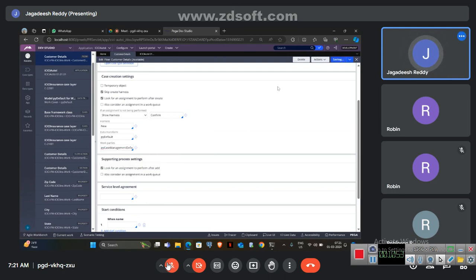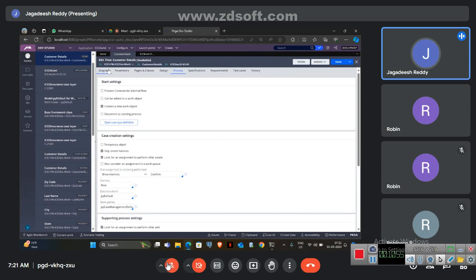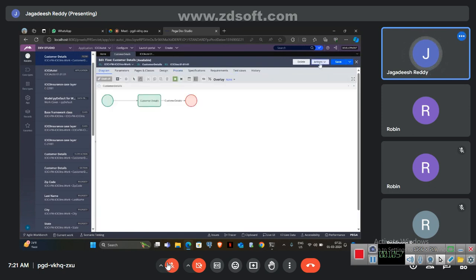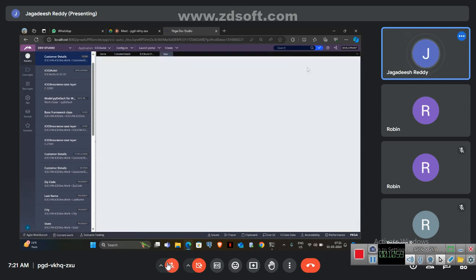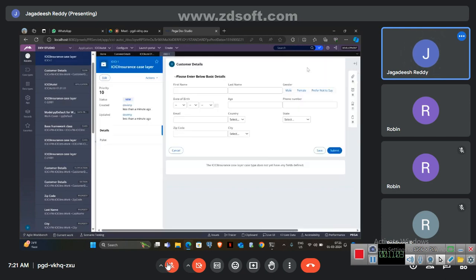Now save this. Now if we run, let's see. Now we are not getting that screen; directly we can see the work object, and if you see the work ID prefix,